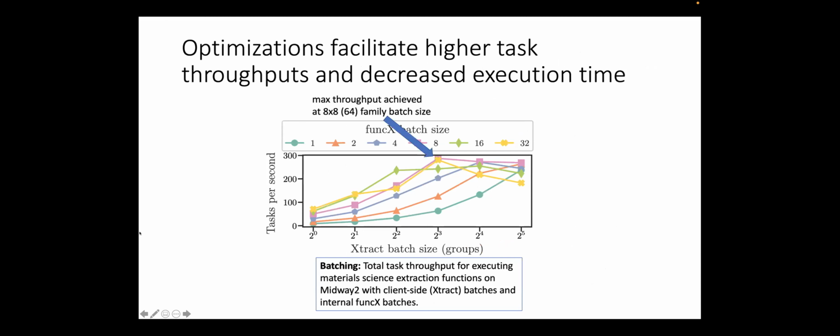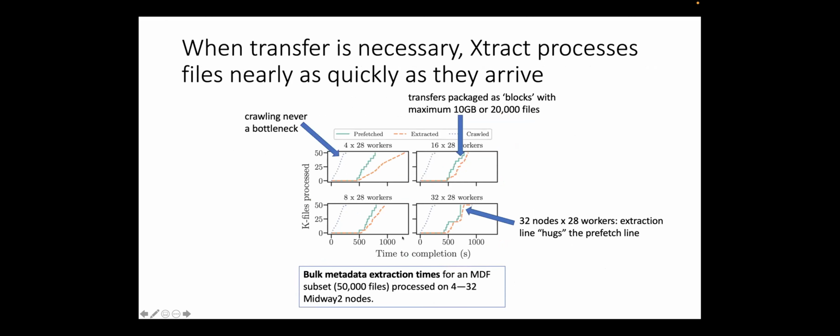We explored batching both on the application side, so making our own batched objects, and then using FuncX batching to limit our number of requests. And we found this nice little sweet spot where we could push things through with maximum throughput. Here we explored a little bit of what happens, let's say you have to move your